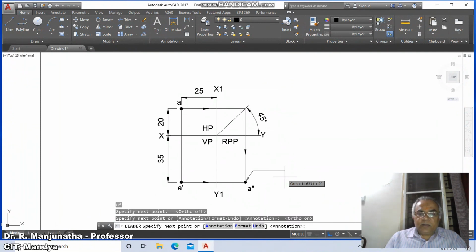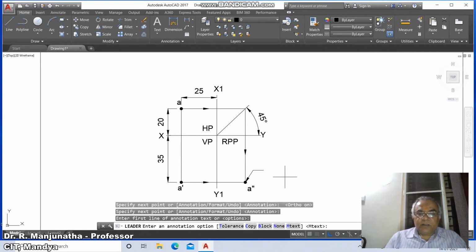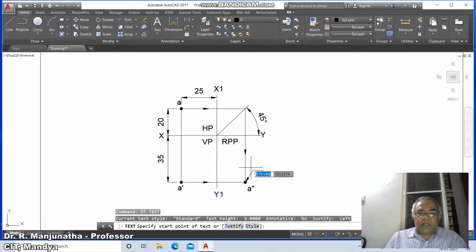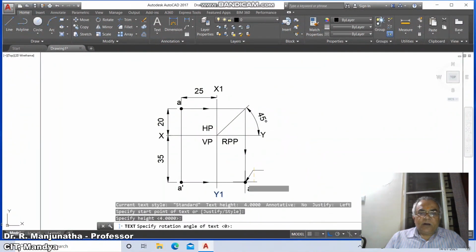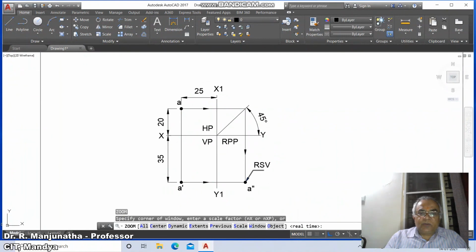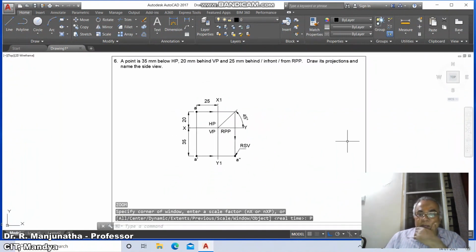So here annotation, option, none. Then go to dtext, and here you type RSV but put the caps lock on. So this is how you will be able to create the drawing in AutoCAD for third quadrant.